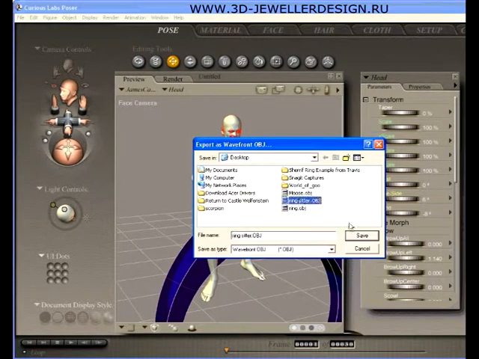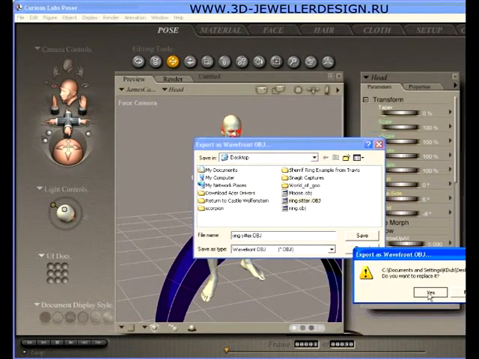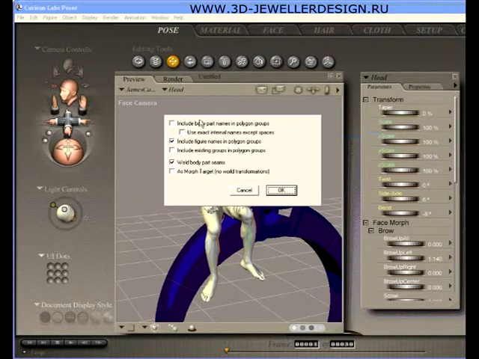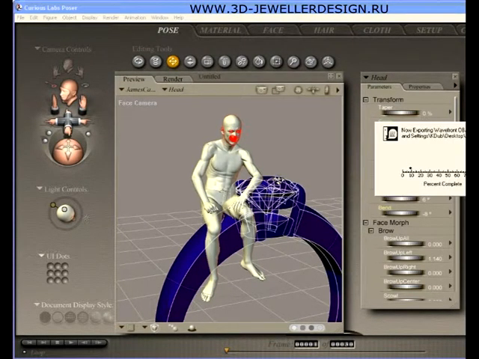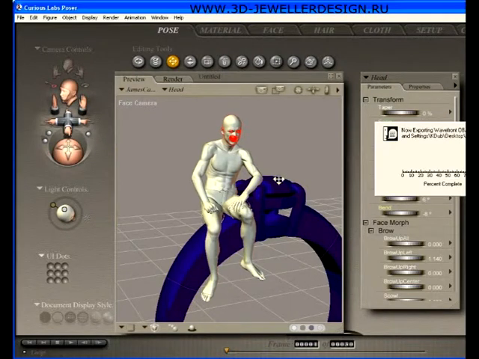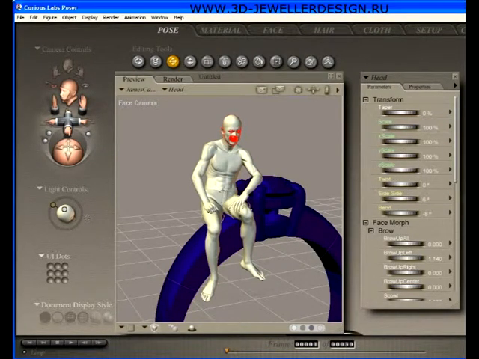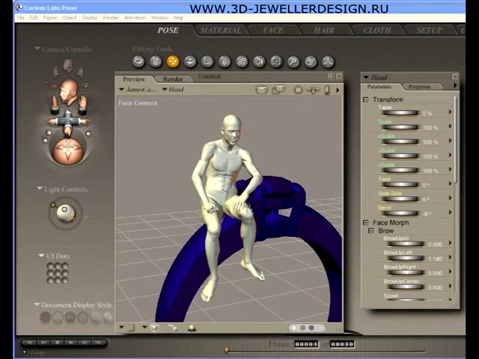and here's ring sitter. We'll replace that one. Include body part names. None of this is really important. I include the figure names in the polygon groups just so you know a leg is a leg and so on. And then weld body part seams is a good idea, because generally when you come out of Poser you want to be pretty much done posing and you just put the things back together in Matrix. So